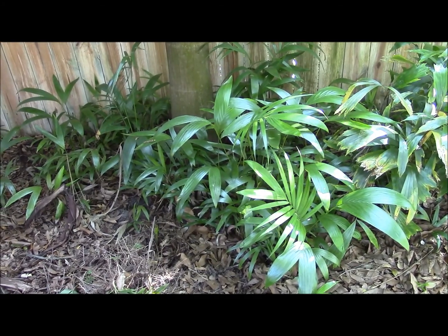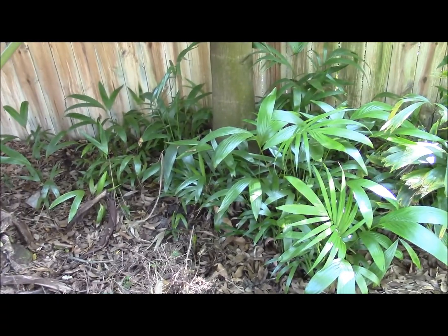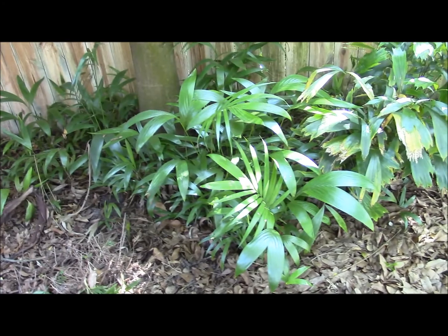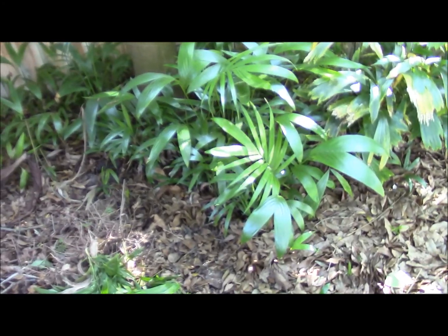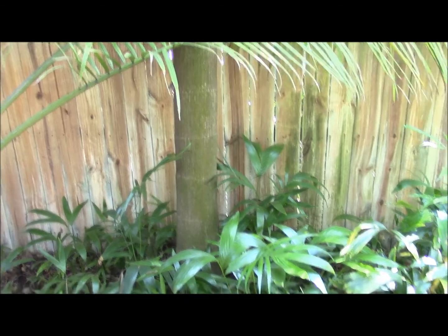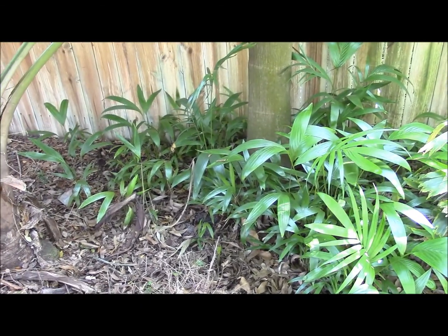Anybody who's been at the palm collecting game for a while will recognize this situation and say, aha, I've been there. And if you're just starting out with palm collecting, or you've only been at it for a few years, this is your destiny. As your palms mature, and I'll go up to the top of this palm, they start raining down seeds, and you will have a subsequent ocean of